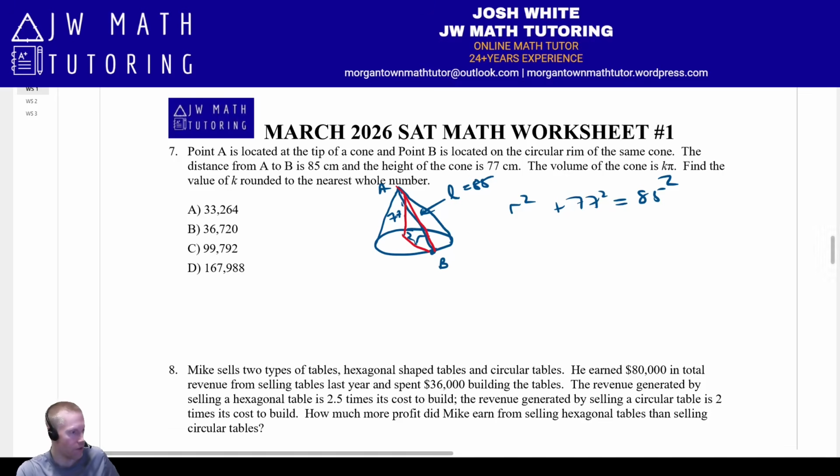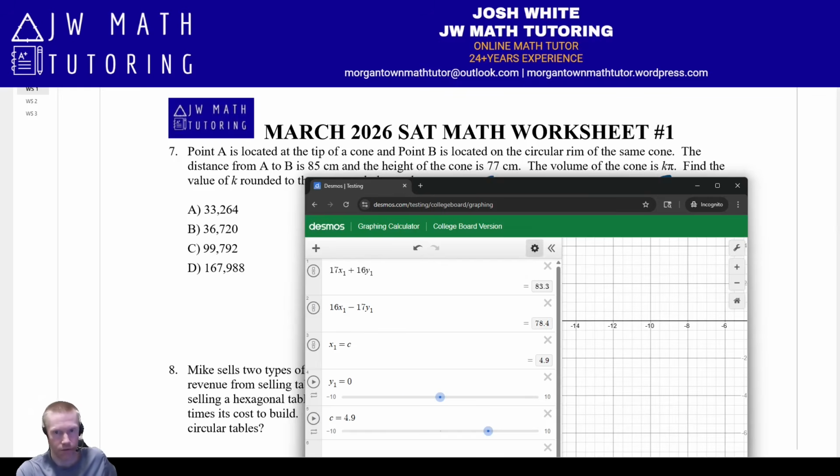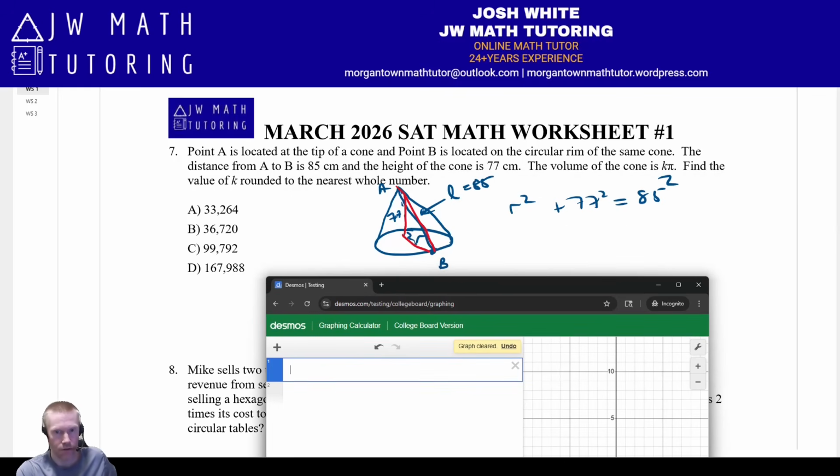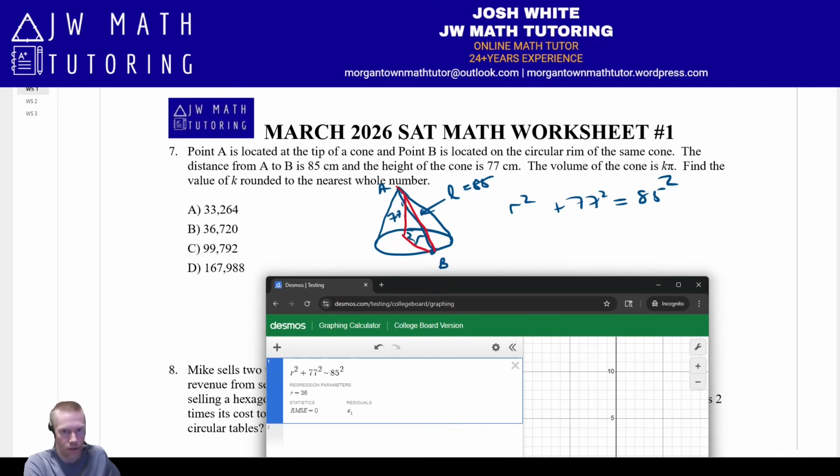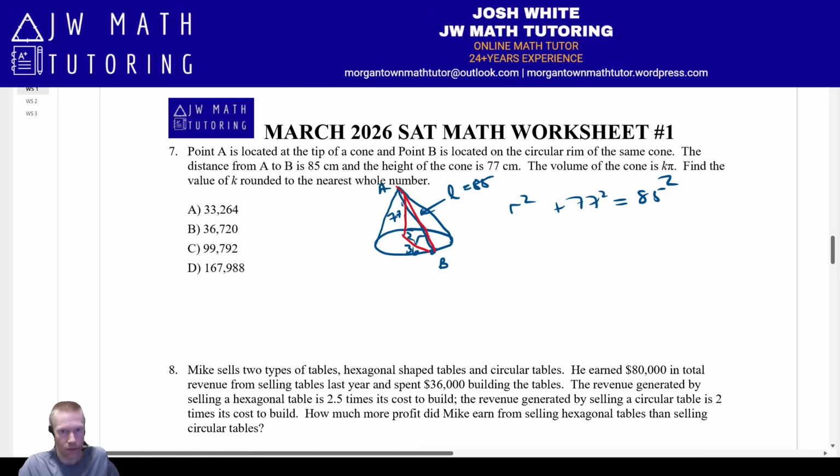So we can go to Desmos, figure out the radius. Okay, so the radius is 36,